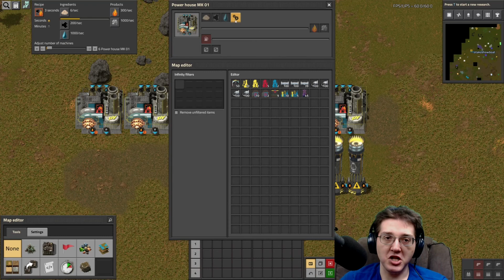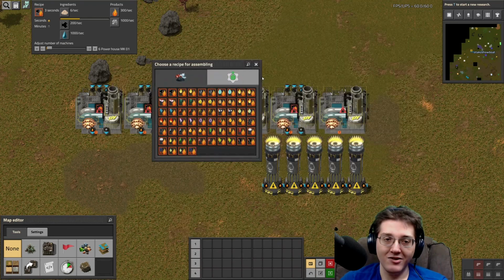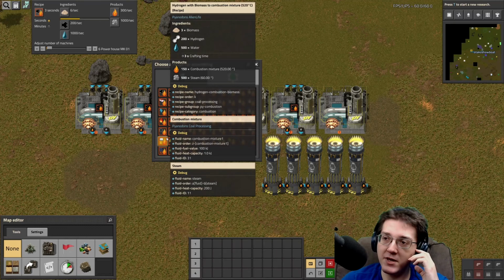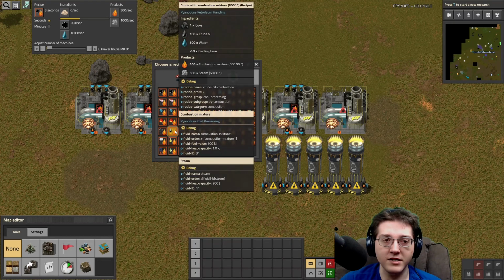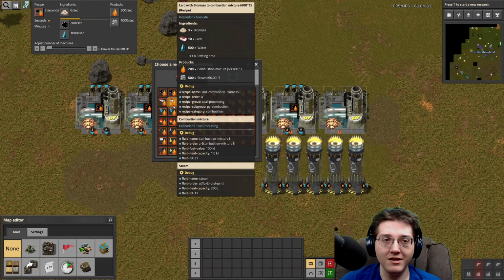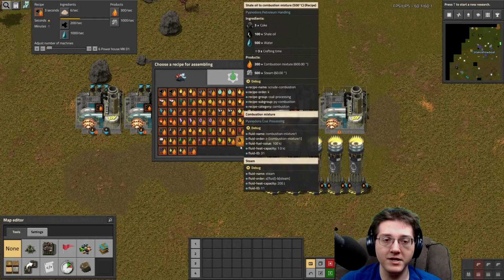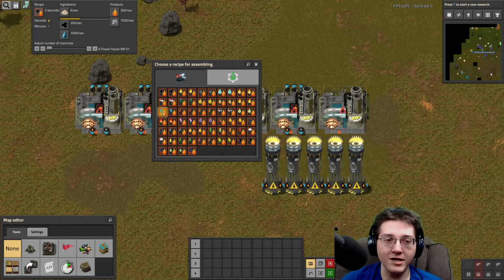Now, when you first look at these, with all the text unlocked here, you may be a little bit overwhelmed and think, well, what do I even do with all of this? What does this mean? What does 800C combustion mixture mean? What does 500-degree combustion mixture mean? Why are there two copies of all the recipe icons? What's going on here? Well, for each different type of fluid or solid that you can create combustion mixture out of,